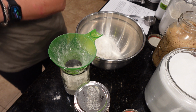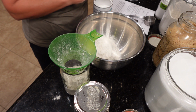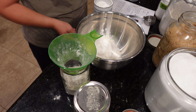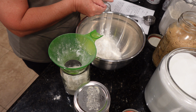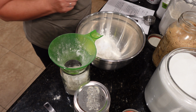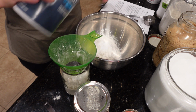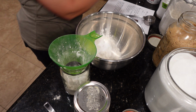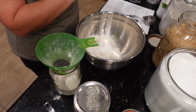Then we're going to add a teaspoon of baking powder. And you want to level that off also. And then a teaspoon of baking soda. And a 1/4 teaspoon of salt. And then you're going to shake this a little bit so it kind of levels out. And then we're going to add in